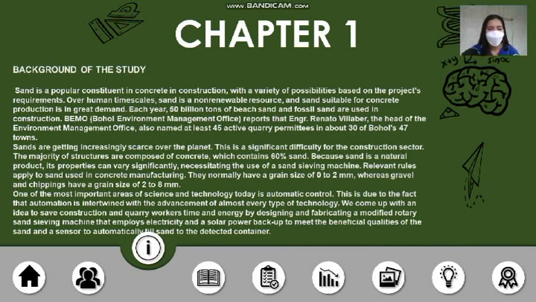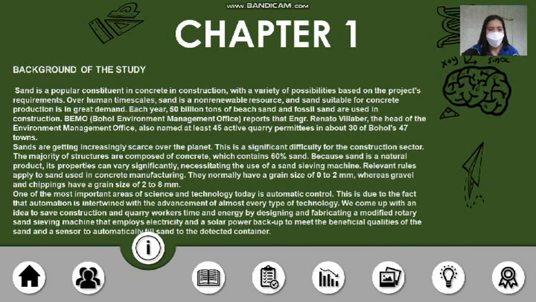Sand is getting increasingly scarce over time. This is a significant difficulty for the construction sector. The majority of structures are composed of concrete, which contains 60% sand. Because sand is a natural product, its properties can vary significantly, necessitating the use of a sand sieving machine. Relevant rules apply to sand used in concrete manufacturing. They normally have a grain size of 0 to 2 mm, whereas gravel and chippings have a grain size of